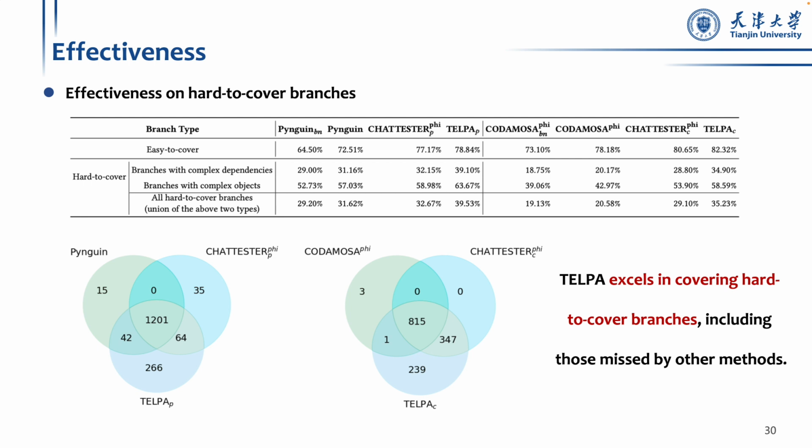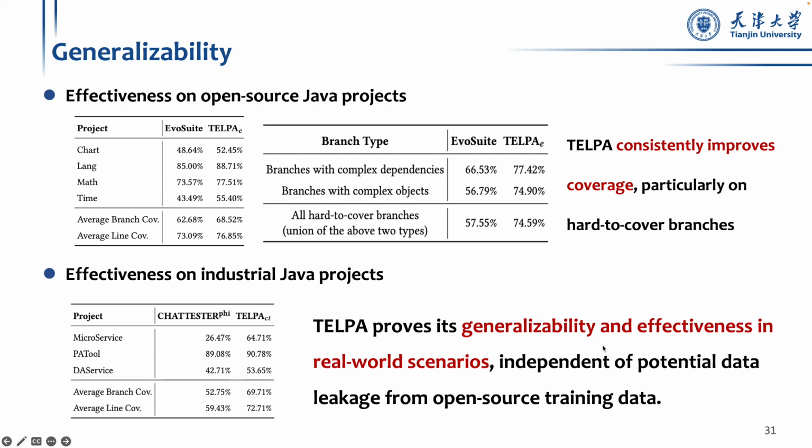Specifically, we also investigated TELPA's performance on the specific hard-to-cover branches. The results demonstrate that TELPA excels in covering hard-to-cover branches, including those missed by other methods. To investigate the generalizability of TELPA, we adapted it to Java and compared it with the advanced SBST tool EvoSuite and LLM-based ChatTester. The results demonstrate TELPA consistently improves coverage regardless of open-source projects and industrial projects, demonstrating its generalizability across